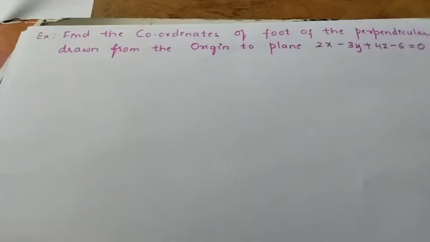Good morning students. In the previous video we have seen the derivation of equations in plane. The plane in normal form, then the equation of a plane perpendicular to a given vector and passing through a point, other derivations. Then the equation of a plane passing through three non-collinear points we have seen. Then after that the intersection of two planes. Then we have seen the equation in intercept form. Then coplanarity of two planes and distance of a point from a plane.